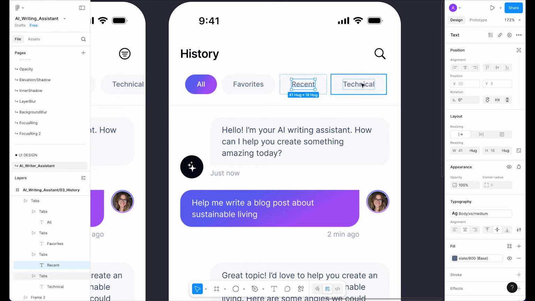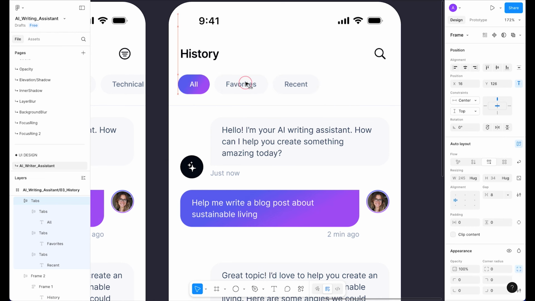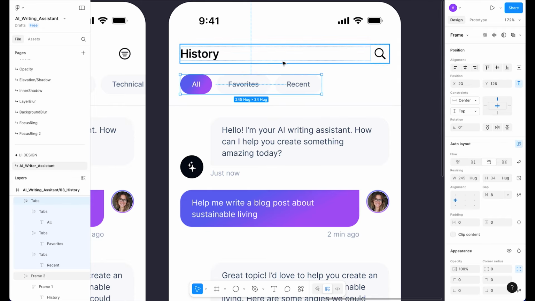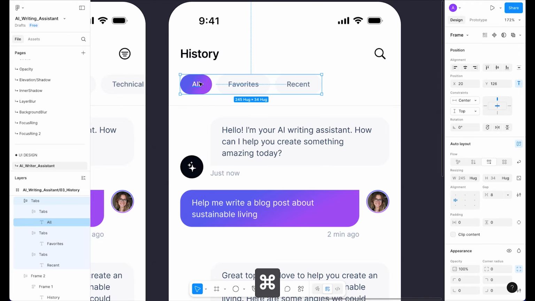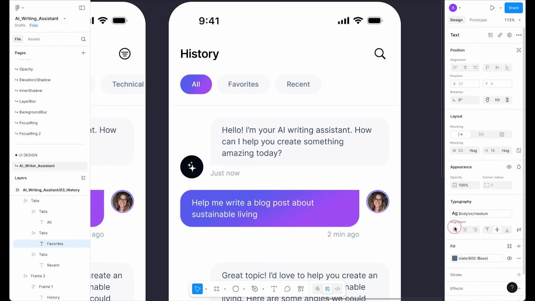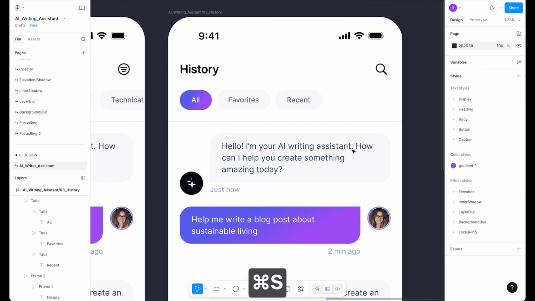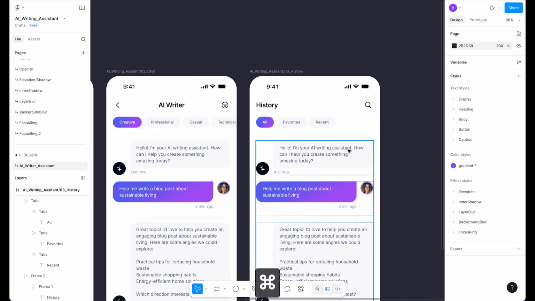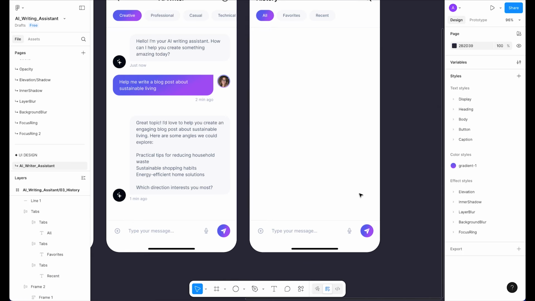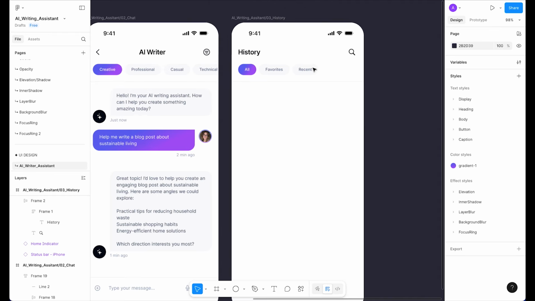Okay, so these are items we need for the tabs and let's align it. Okay, as you can see, this is looking perfect, and let's make this left side. Okay, make sure that this alignment is perfect. Okay, now we don't need this section, so let's delete this one and also let's delete this one. Okay, so as you can see,